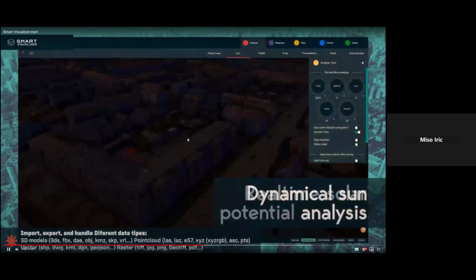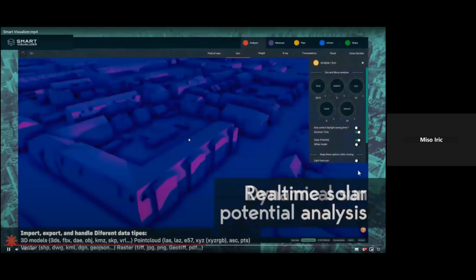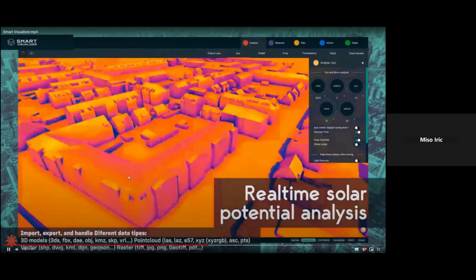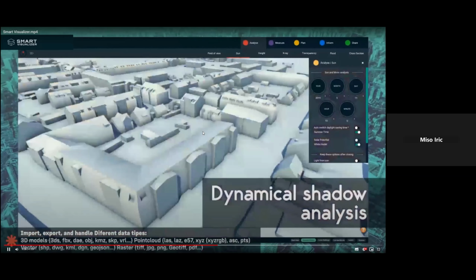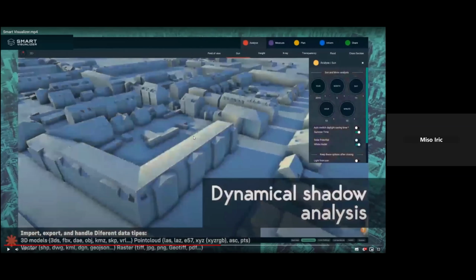Dynamic sun analysis that shows shadows and solar potential by using diffuse light from the sun, showing possible roofs or possible areas that can be used for implementing solar panels, and then visualizing shadows in different states of the sun.